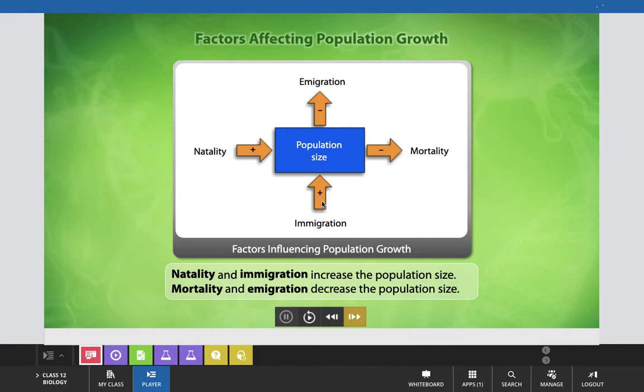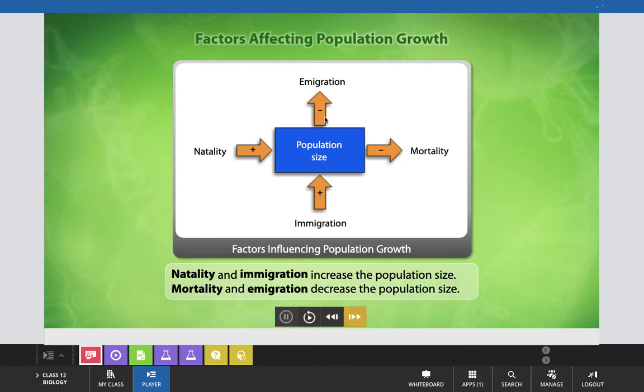And on the other side, this is also another factor which is known as immigration, where populations are getting migrated into that particular area to increase the size of population in that particular area. These are the two factors which are increasing the population of an area,